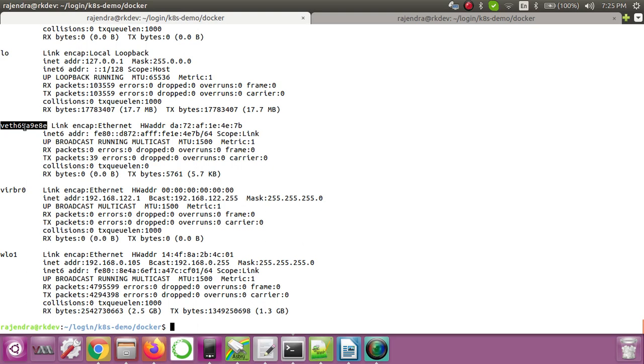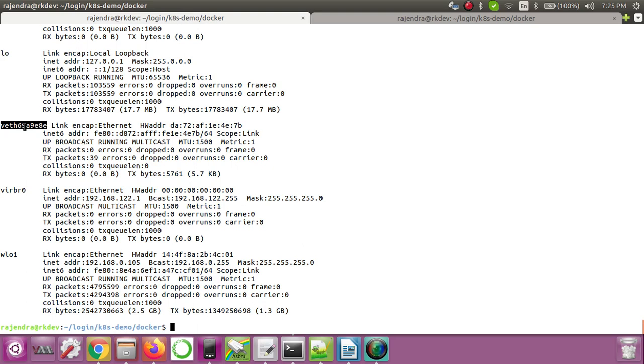Now if there is any request from the user to port 80 of your host machine, that request will be sent to the container on that bound port.